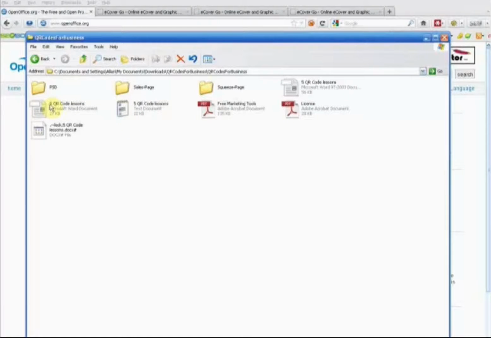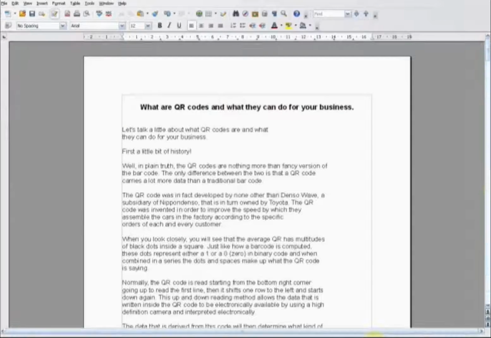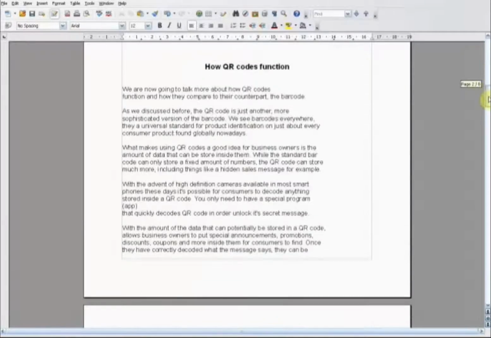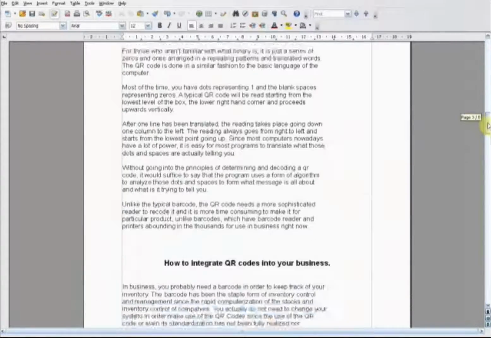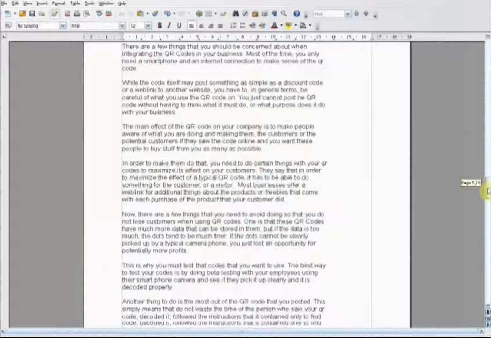So I've taken the original document that had the 5 lessons in it, and if I open it up here, I've gone through and edited out all the references to the daily lessons, for example, and the original name, and essentially turned it into a report with 5 chapters,